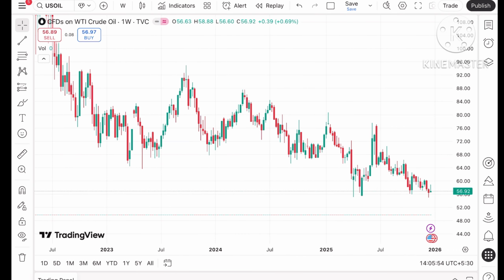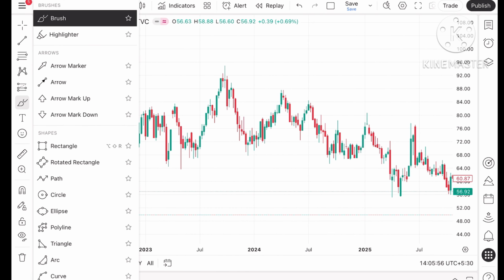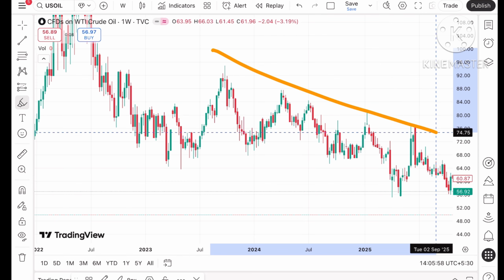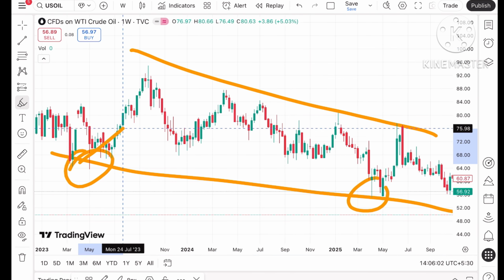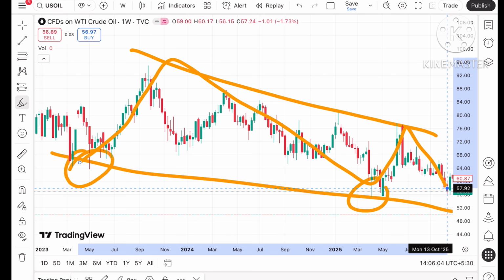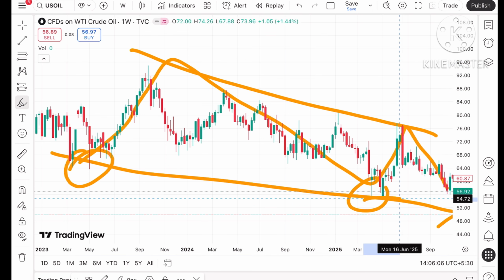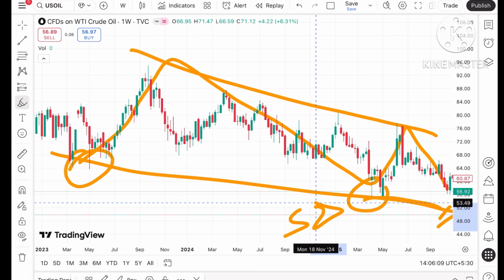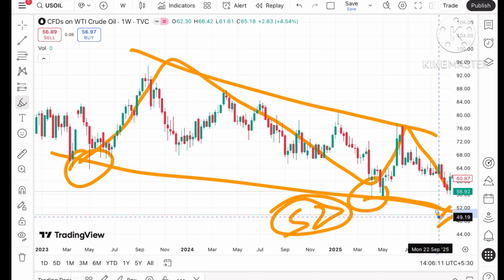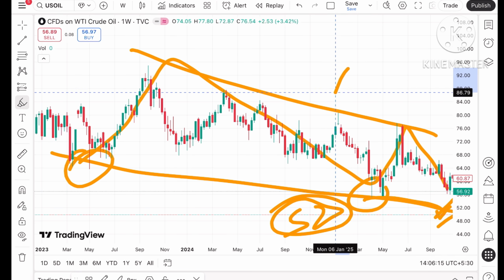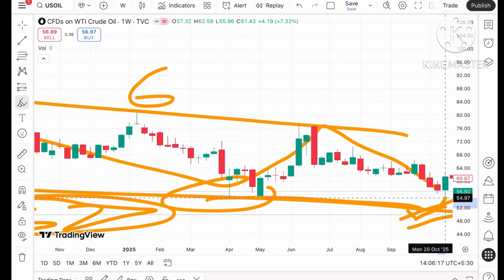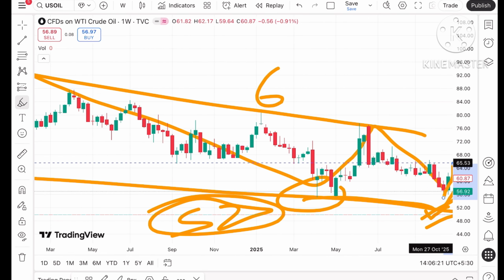Okay, if you see, there is a trend forming in this particular range, as we have seen, this is the pattern. And this level is already tested, so we can see for the third time if the price comes close to around 50, because this pattern is coming towards a level of 52. If it breaks this level, we can see there can be a further downfall. But if it starts rising above this level, we can see it will cross a level of 62.83 and from there a level of $65.53.